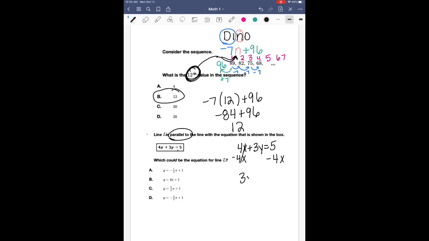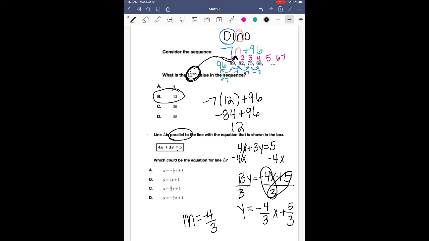So I'm going to subtract 4x. So 3y equals negative 4x plus 5. And divide by 3. So I have negative 4 over 3 x plus 5 over 3. So my original slope in this problem is negative 4 over 3. I want the parallel slope. So my parallel slope is also going to be negative 4 over 3. The only answer choice that has negative